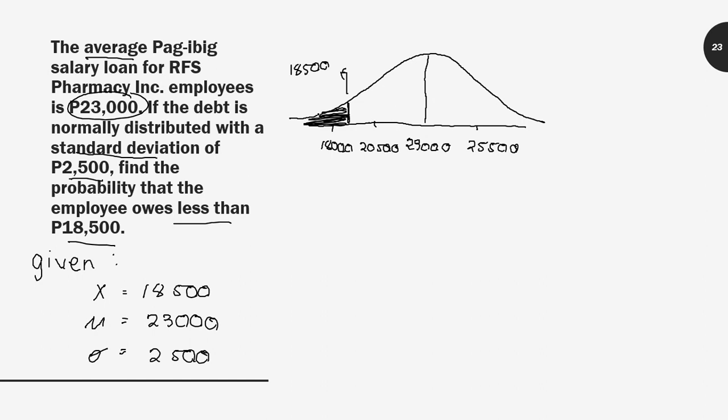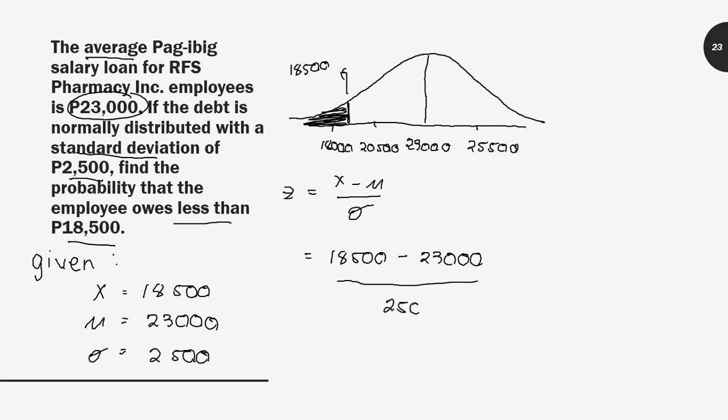Now, sa paghahanap ng probability na yan, unang-una natin gagawin is hanapin natin mga anak yung value ni Z. Okay, kasi yung value ni Z, siya po yung mag-identify kung ilan po yung probability nung area po ng shaded region natin. Okay, so sa substitute lang natin lahat po ng given natin sa formula na ito, na Z is equal to X minus mean all over standard deviation. Okay? So si X natin is 18,500 minus yung 23,000 na mean